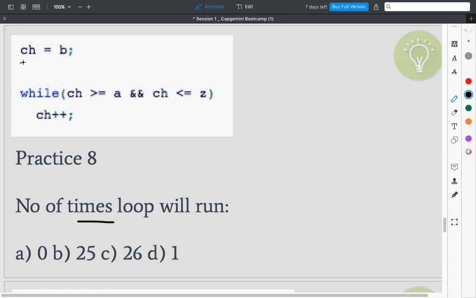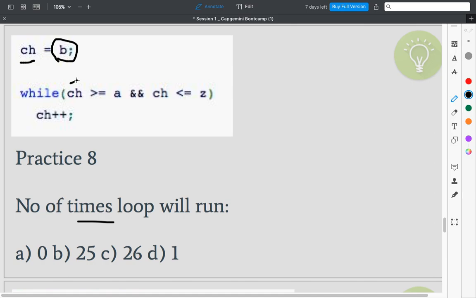What is it? It is initializing the char by b. It is an alphabet. Okay, now a lot of students are telling the answer because these are very common questions you can find anywhere. I have not taken any difficult questions because I will share the question-solving videos. This is basically to help you understand the approach of how to solve the questions.